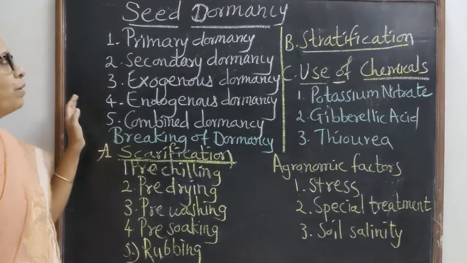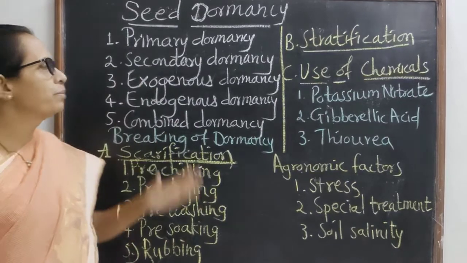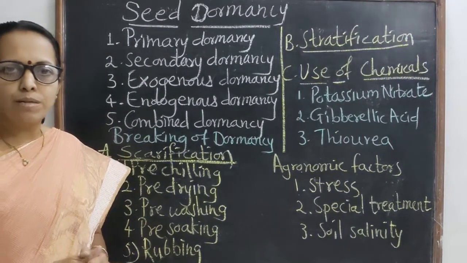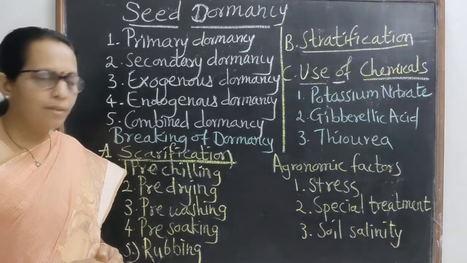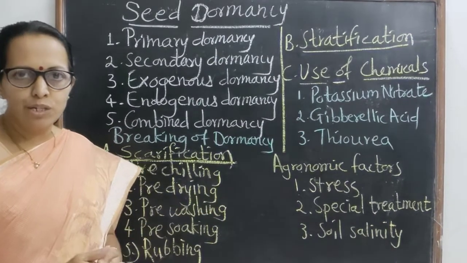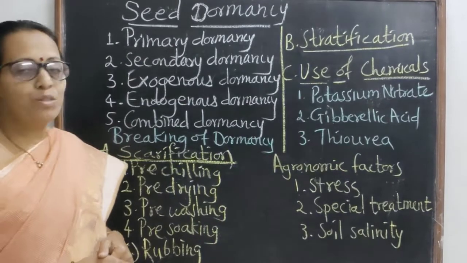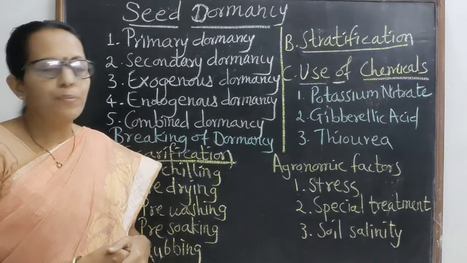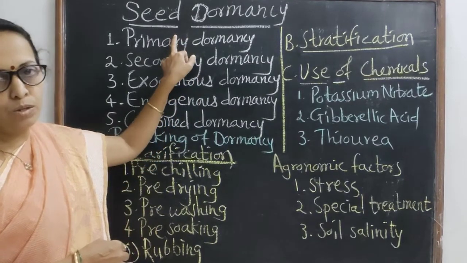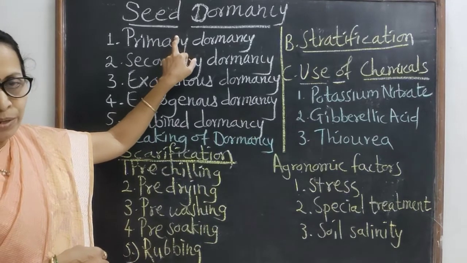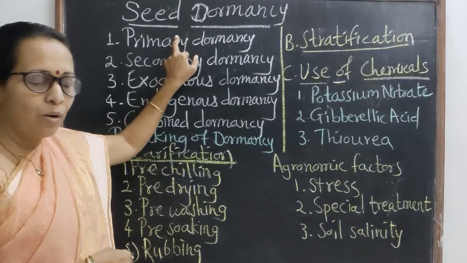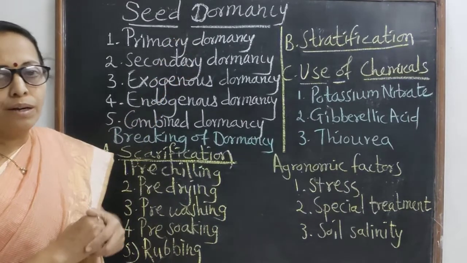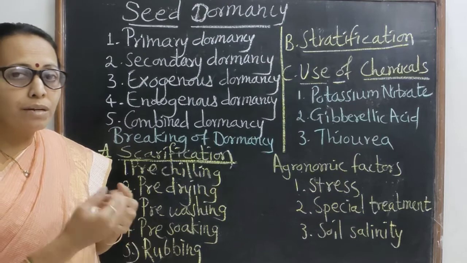So we are going to discuss the next part of seed. Previously we have discussed the structure of seed, even we have seen the germination types and the factors which affect the process of germination, and now we will see about dormancy of the seeds, or what we call seed dormancy. So when we say that seeds are dormant, it is the stage where the seeds are not germinating